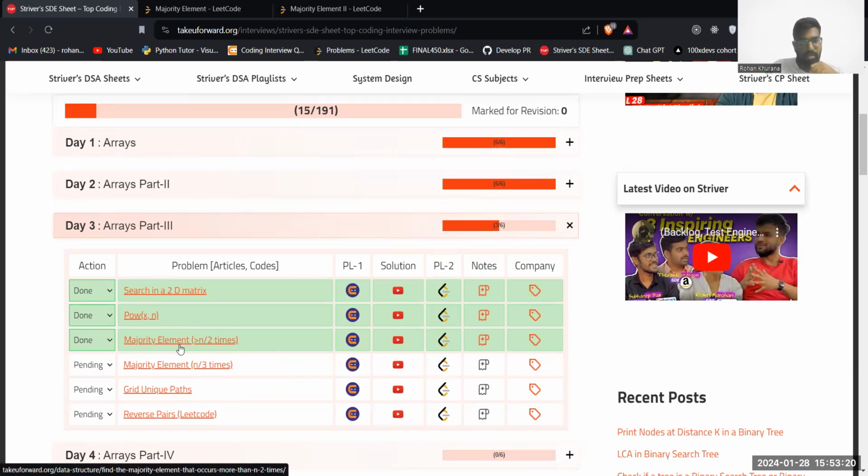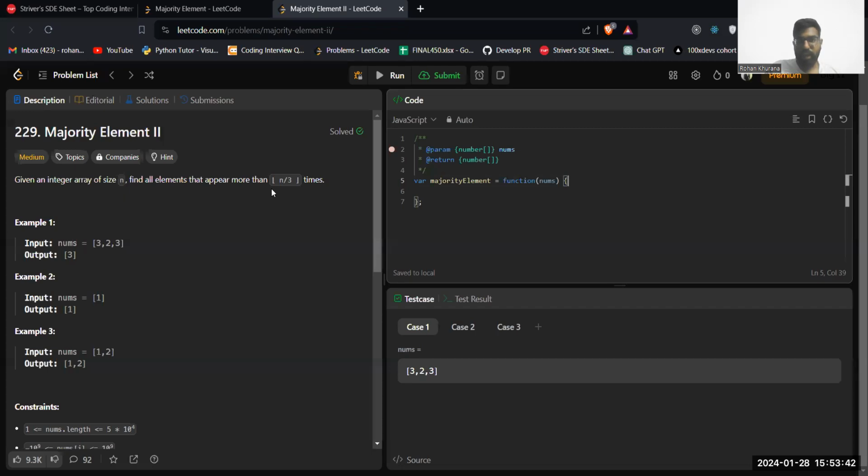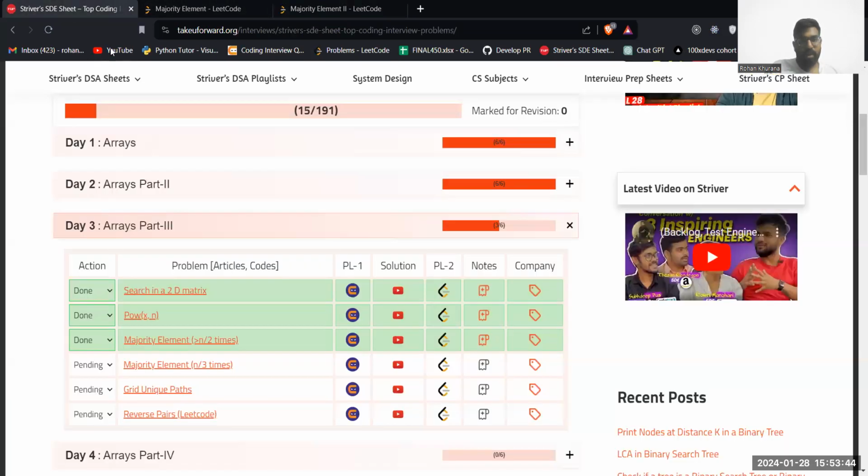Yesterday, when we were solving the majority element more than n by 2 times question, I incidentally said that I couldn't find any other question that can be solved with this. I mean, I cannot recall any question, but little did I know that when I read this question and implemented it on LeetCode, it was getting solved with the same approach. So there are these two questions that can be solved using